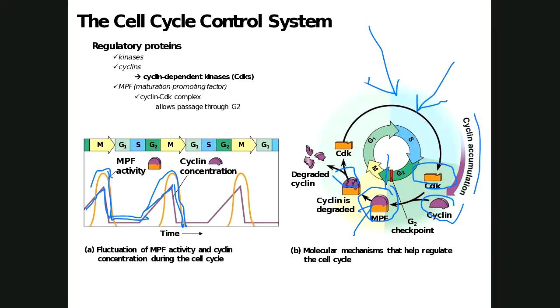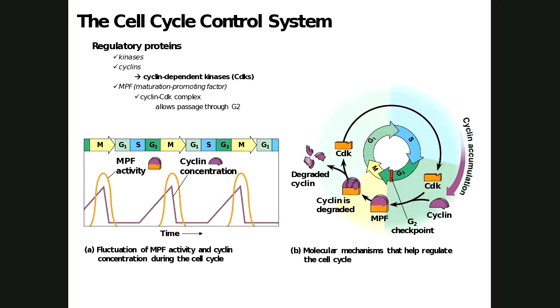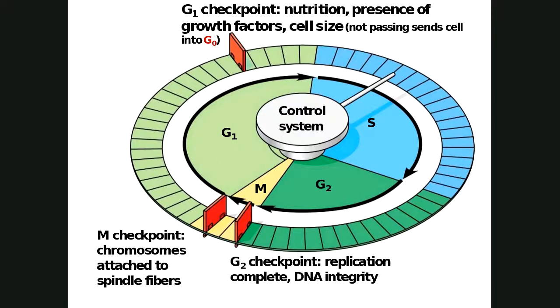All right, so let's take a look at these checkpoints. Now, what I'm showing you here is a cell that's gone through all the checkpoints. The last checkpoint that we will concern ourselves with is going to be the G2 before we divide. But let's look at these other checkpoints. All right, there's a G1 checkpoint. We're in G1, right? The cell's divided.